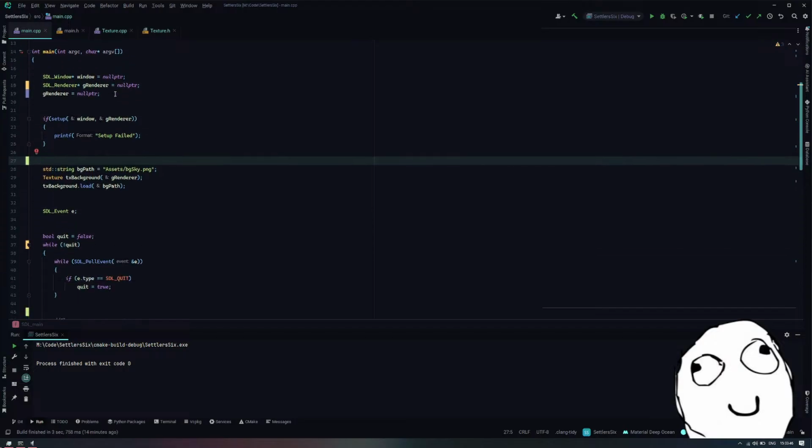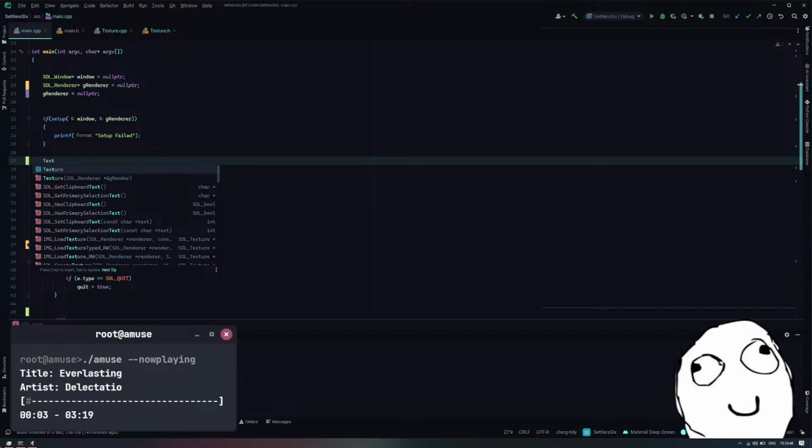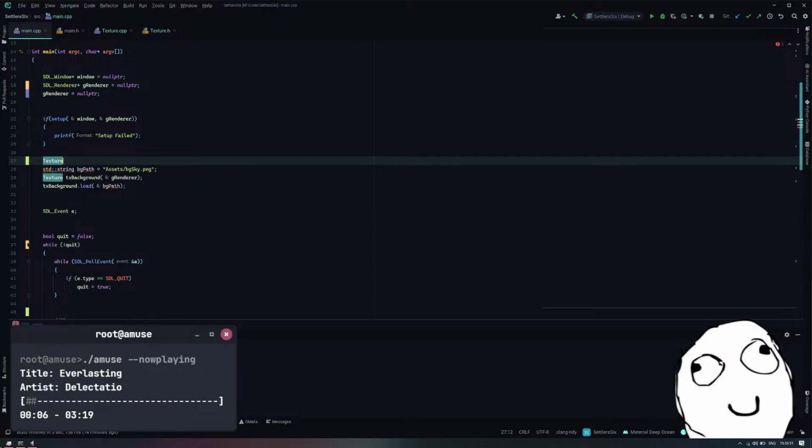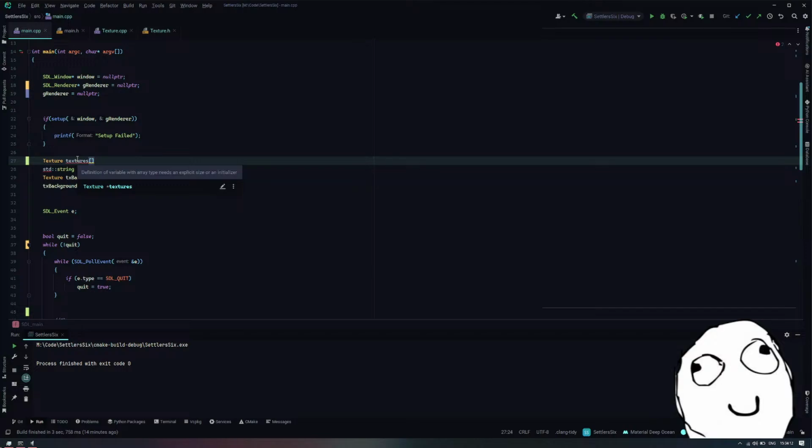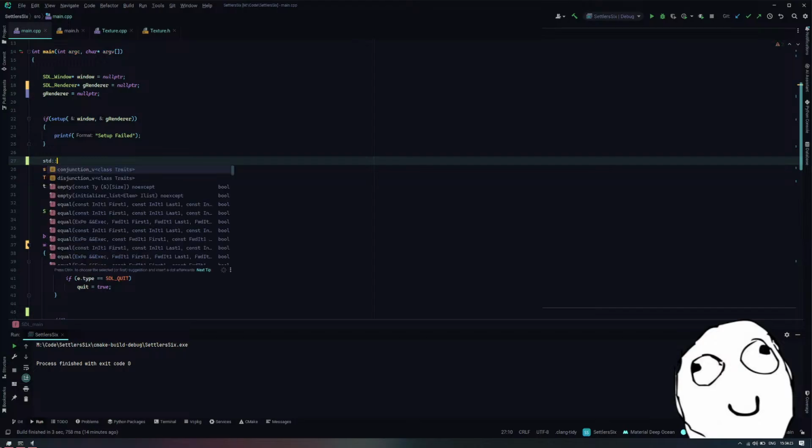I have a texture.h here, right? Yeah. So I could do texture array. Is that how you do arrays? No, you do arrays on the other side. Texture. And we'll just call this not images, we'll call this textures. Oh, wait, no. There's specs for this. std